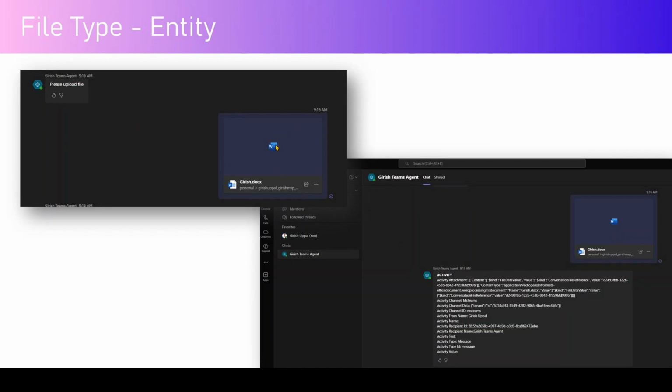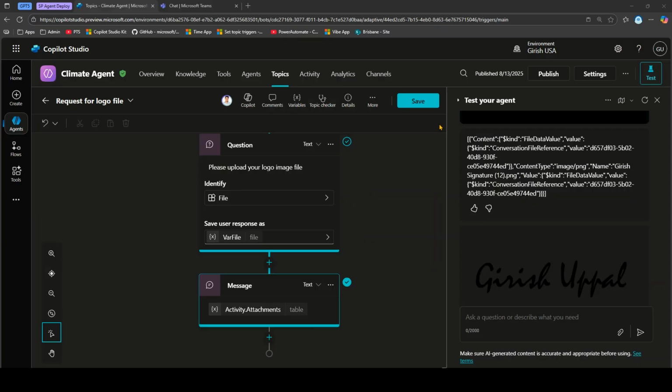I have uploaded this file, and then it has given me some information around what this file contains. So the activity dot attachments, activity dot channel from. If you see the channel, it is coming from MS Teams because it has identified the channel from where this activity is happening. I'm going to cover the activity variable in a separate video,